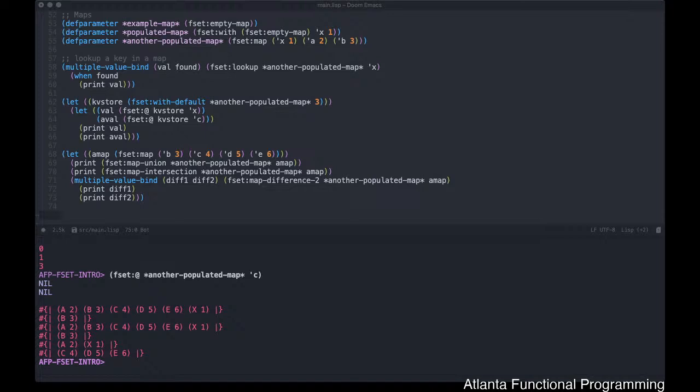But the semantics of the sequence that's different from the sequence type provided by Common Lisp is that FSet sequences are in and of themselves immutable. That should obviously raise red flags for folks, because I did mention earlier that you could work functionally with lists and vectors, and now I'm saying these are immutable by default in FSet, so how are they really different from Common Lisp? Well, technically,